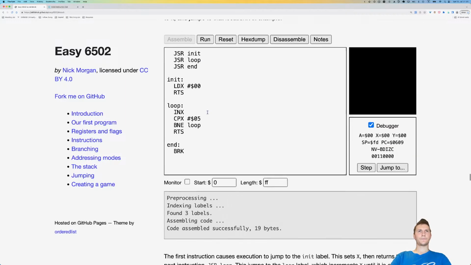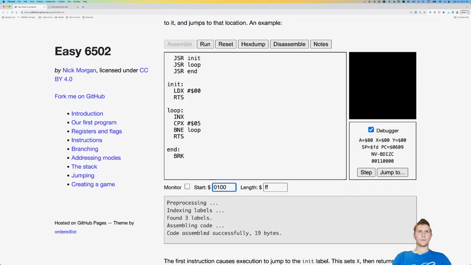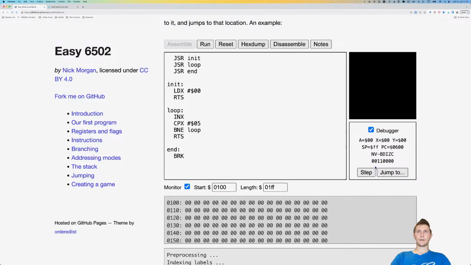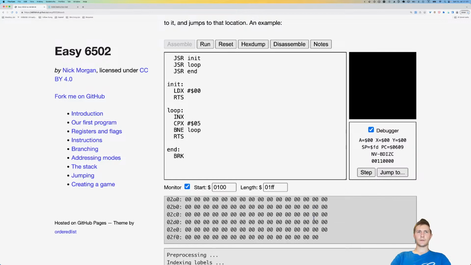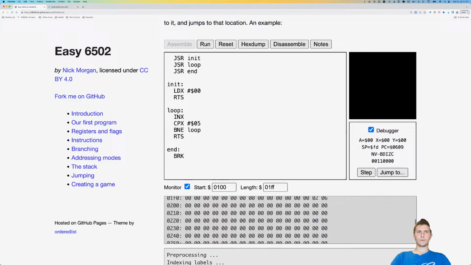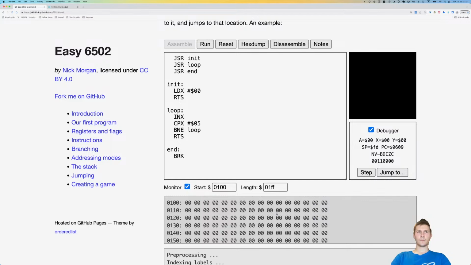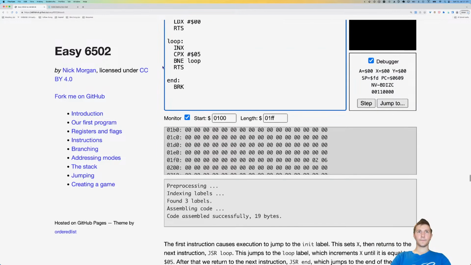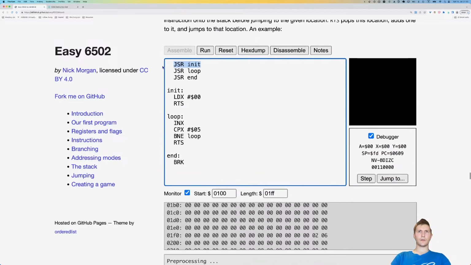Not here. 0100 to 01FF, and I can monitor this location, reset, and then that's here, right? As you can see, 0206, that's where we were at. And the explanation for why that's the location